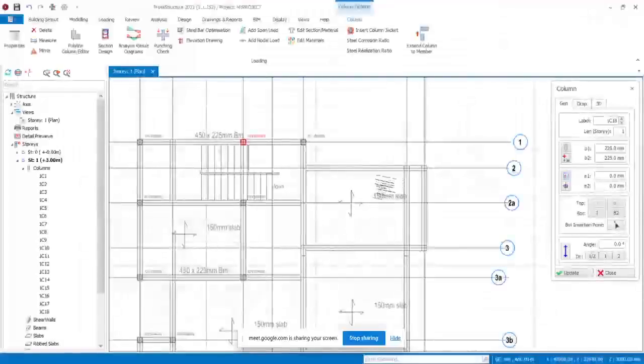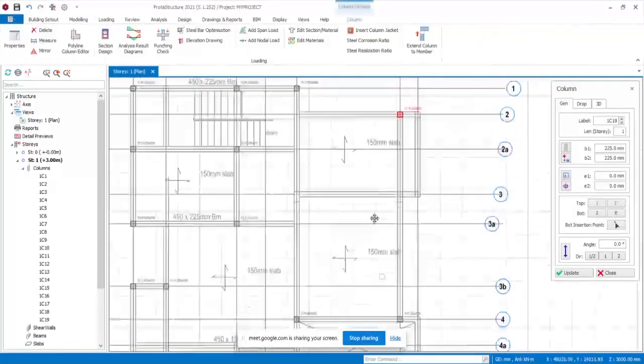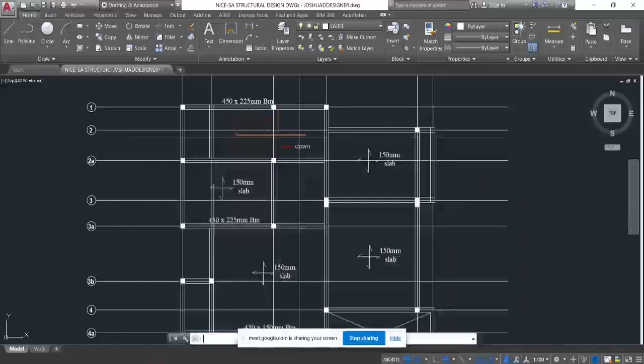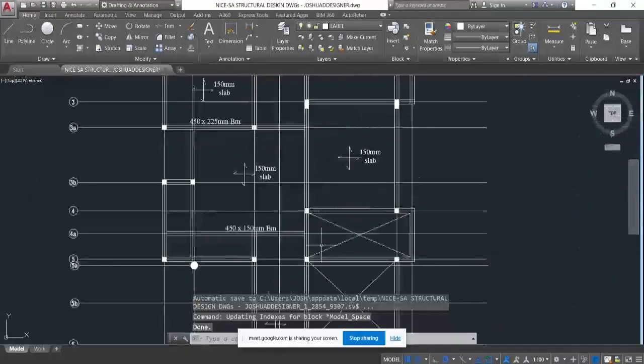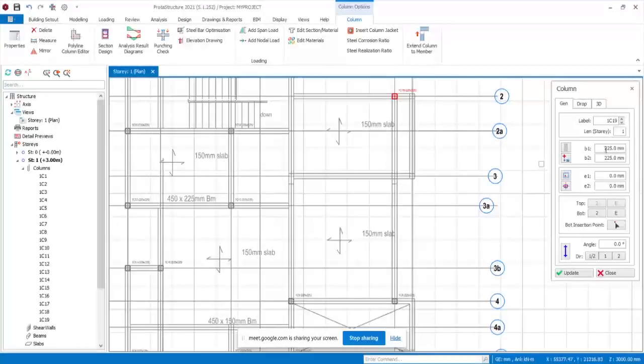Okay, we have one here also. So that is all for 225 by 225. Then we have two 450, this one and this 450 by 450 column. Then we now have the circular column. So that's going to be 450 here. To edit that, just change this to 450, or you change the second one rather,